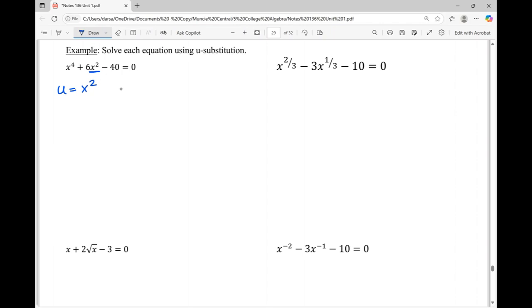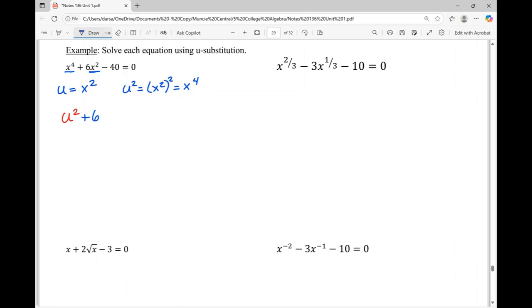Now, we're going to take u equal to x squared again, and we're going to square both sides and see what we get. Well, x squared squared is x to the fourth. So anywhere we see an x to the fourth, we can substitute in a u squared. Anywhere we see an x squared, we can substitute a u, and see how both of those appear in our original equation. So that means we are going to get the equation u squared